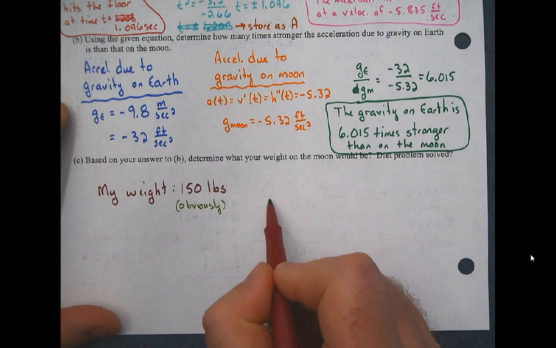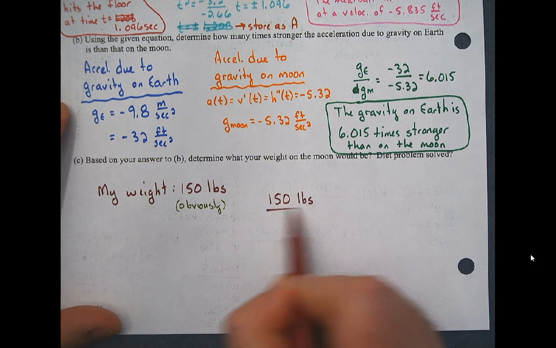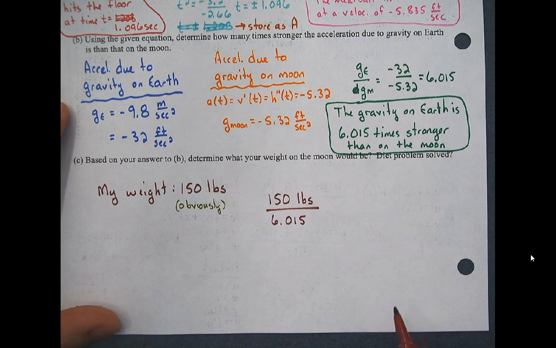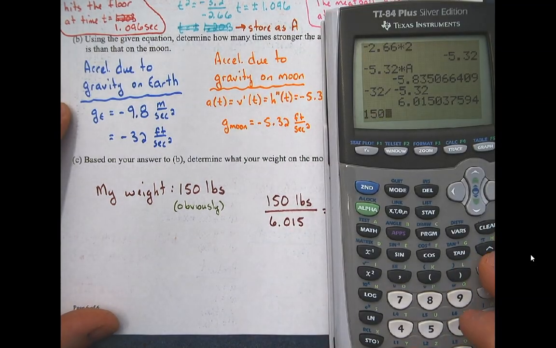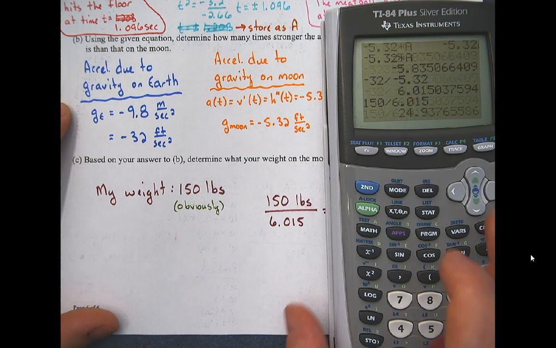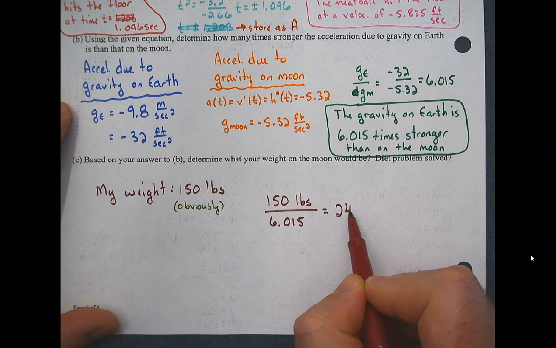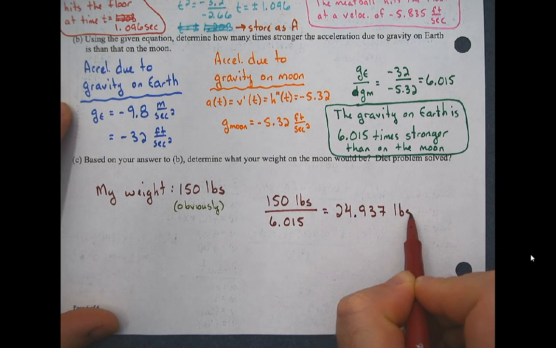Anyway, so if I wanted to figure out how much I would weigh on the moon, I would take 150 pounds and I would divide it by the factor of how much stronger it is on the Earth, which ends up being 150 divided by 6.015. Hey, dude, diet problem solved. I would only weigh 24.937 pounds. I don't think I want to weigh that light